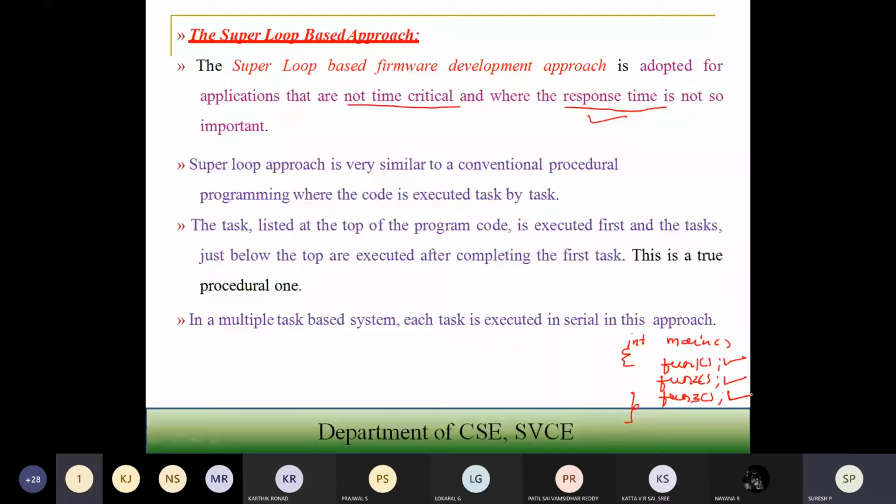Now, when you are talking about your multiple task based approach, so when you are talking about the multiple